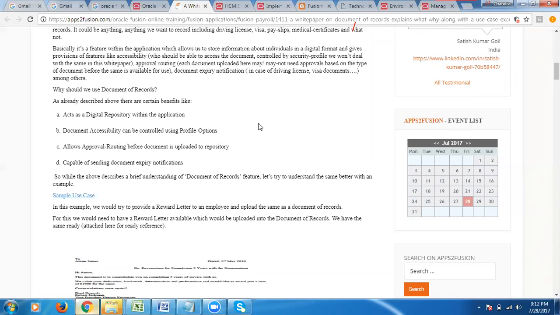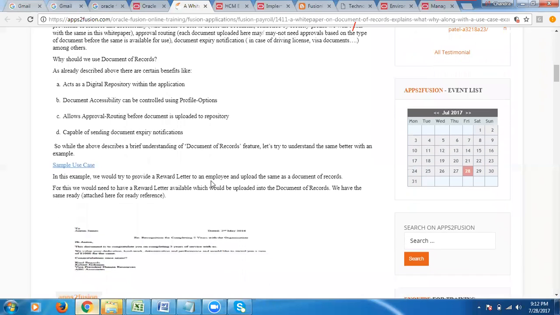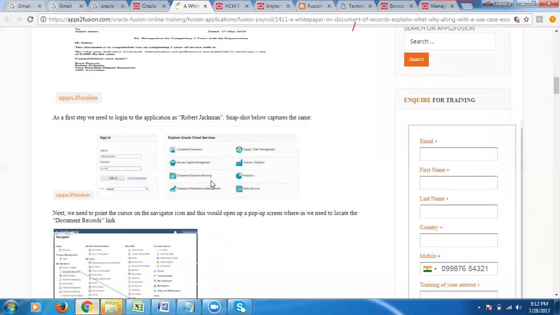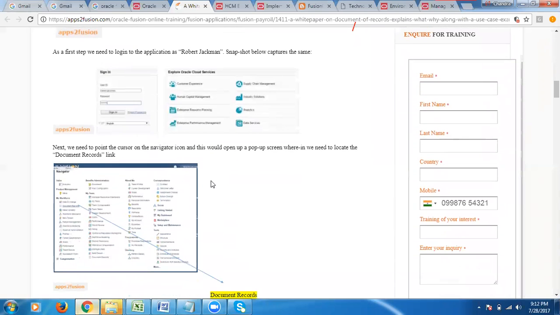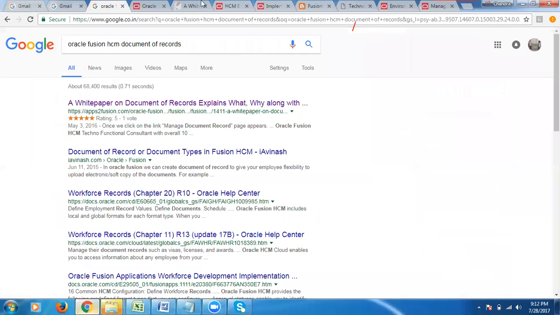I request you to go through all this, like document of records. This is just the theory part only, so let's not go into it. They are okay with what we have discussed.